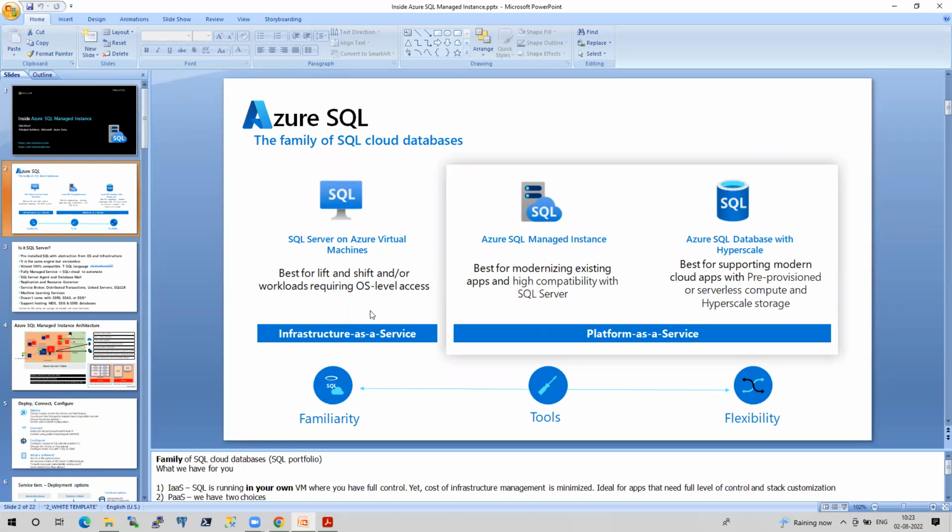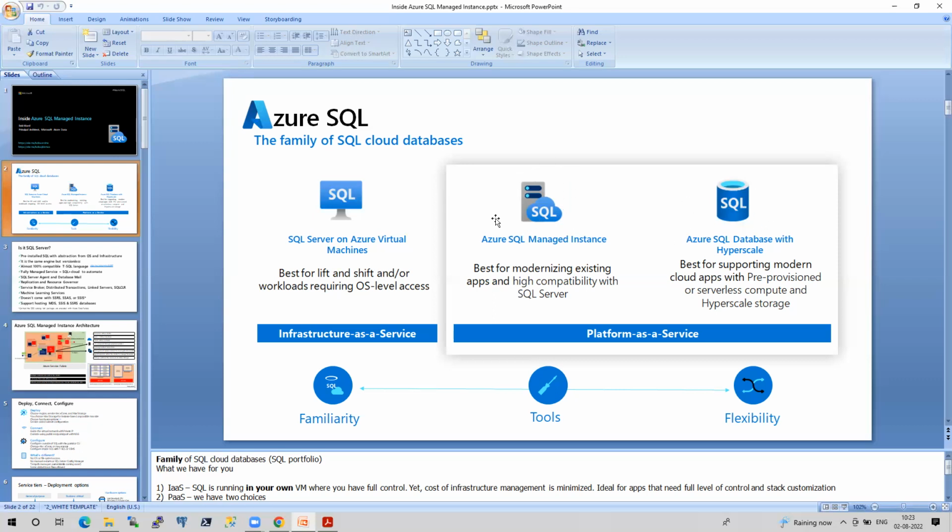The definition from Microsoft is that it is best for modernizing existing apps and highly compatible with SQL Server. Even though you don't have access to the operating system, the existing applications can make use of MI, because there are many things in MI which are not in Azure SQL.